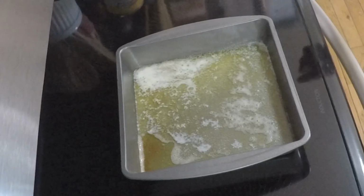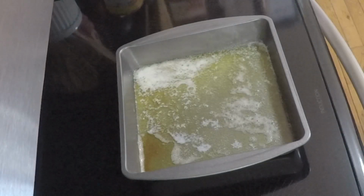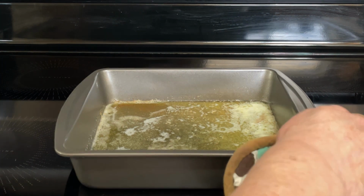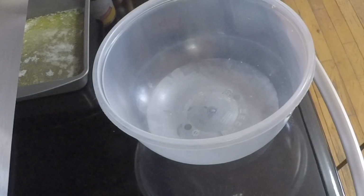Okay, so I took out the melted butter. It actually, to get it fully melted, took me about 6 minutes. Most of it was melted at 4, but I just had a little bit to melt. So we want to go ahead and set this aside and get a bowl